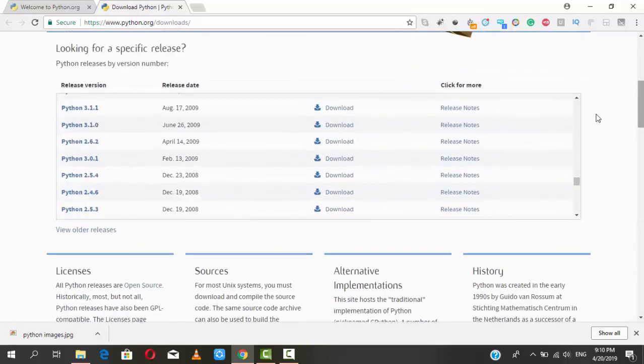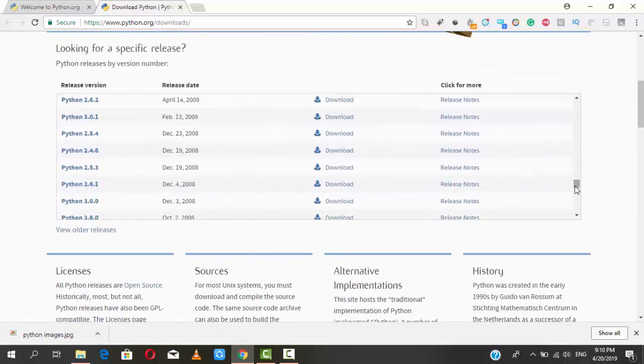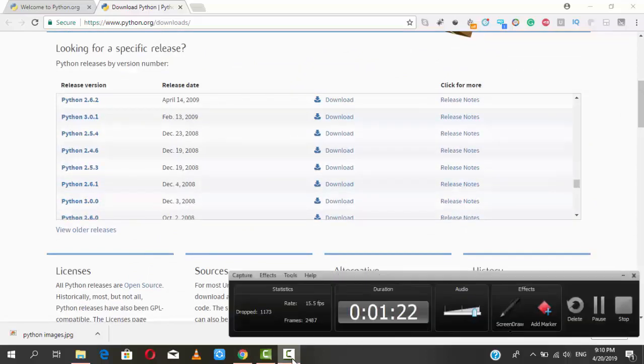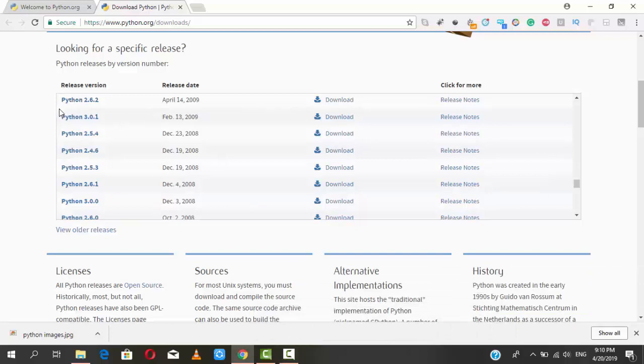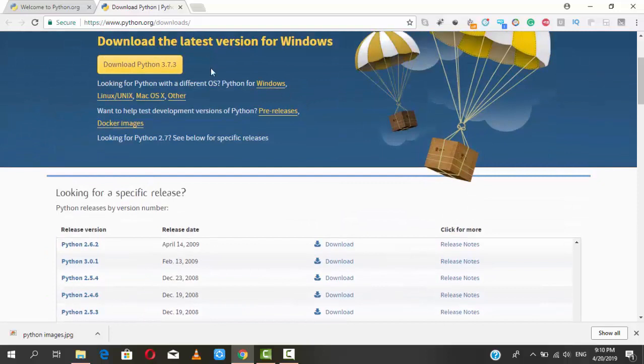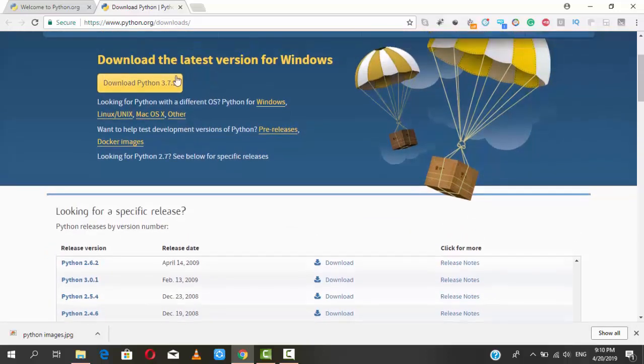So you can download any one of these files as per your requirement. I'll be suggesting you please go with the latest versions only. Okay, so once you click on this download button, automatically it will be showing you here